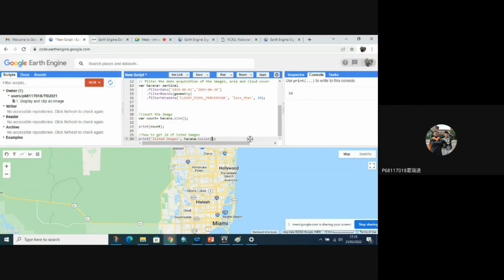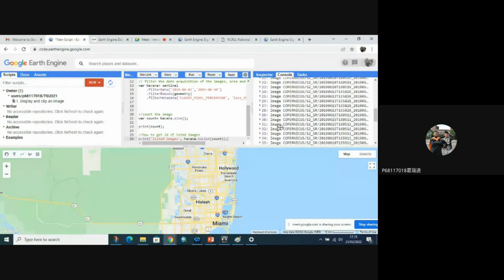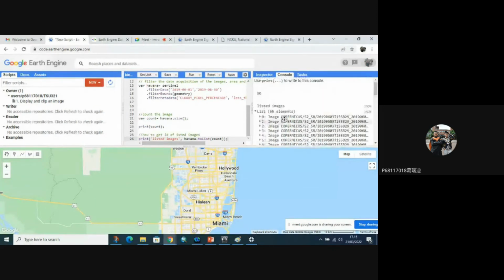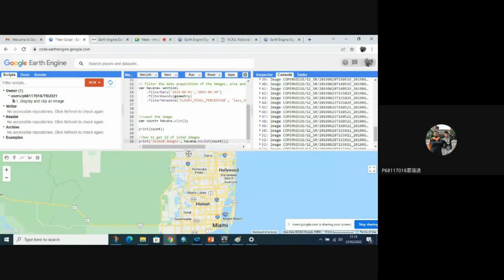No, no, Havana. We can use count instead. Run. Yeah, this is the listed images. You will get the list of images, not the number directly. There are 56 images here, already shown.